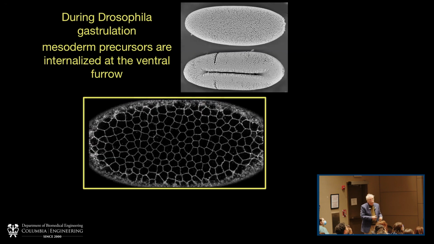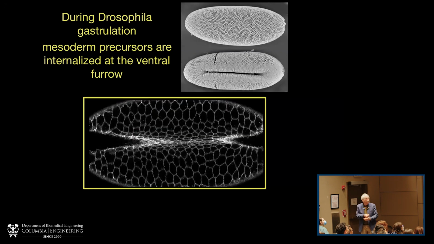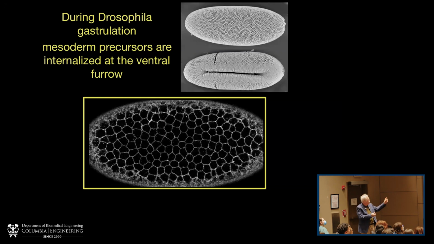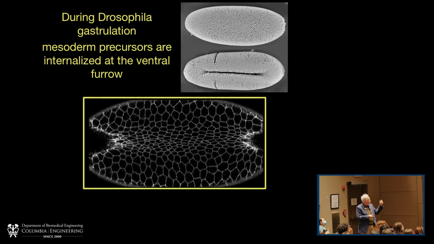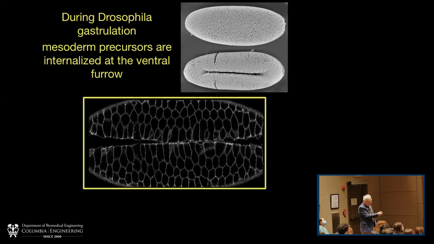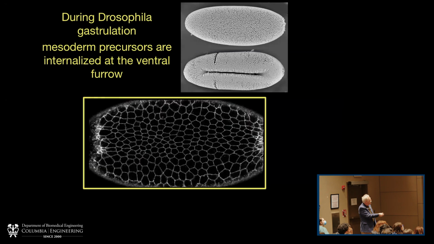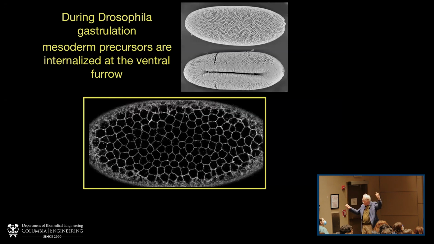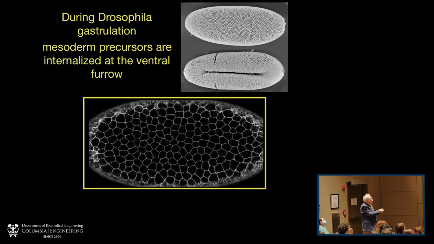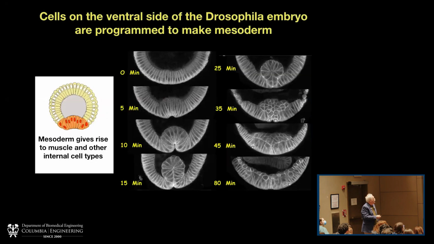We can actually follow that process now because we can follow individual cells. And what you'll see in this movie, which spans about 8 to 10 minutes, is that if you look at individual cells, they decrease their apical diameter and then gradually undergo this process of moving into the interior. Now, I made these movies some time ago. The cells that are going into the interior are what are called mesodermal cells, which are going to be dedicated in the embryo to form internal structures like muscle.